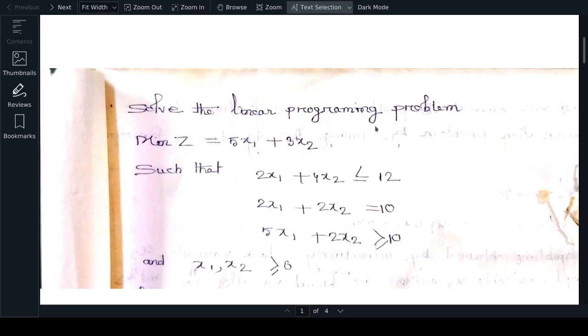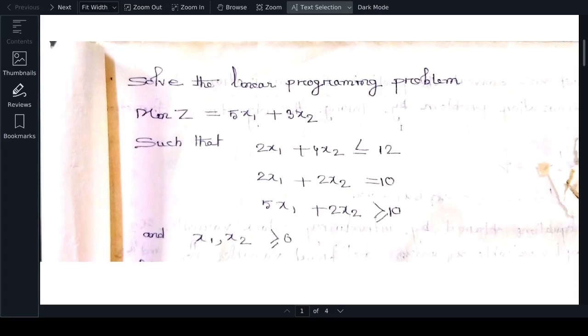First you see, today's problem is: solve the linear programming problem. Minimize z equal to 5x1 plus 3x2. First you see the question, solve the linear programming problem. Min z equal to 5x1 plus 3x2 such that